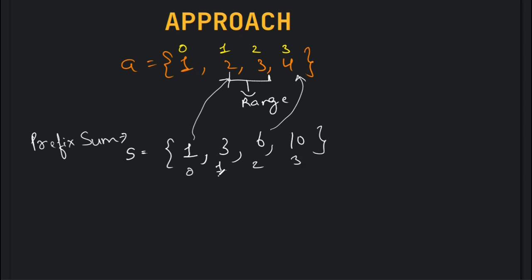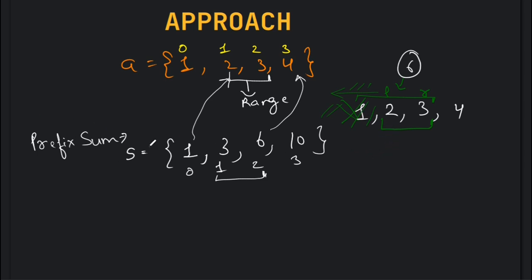So let's say we have to give the sum of this range 1 and 2. So we can see we have sum up till 2. So sum up till 2 is 6, right? We have something like 1, 2, 3 and 4. Sum up till here is 6, and we have to find this one. So we can remove everything that is before L. So this is L, this is R, which is given to us in the query. If there were 2, 3 elements, we would have removed that. Now how can we do that removal efficiently?